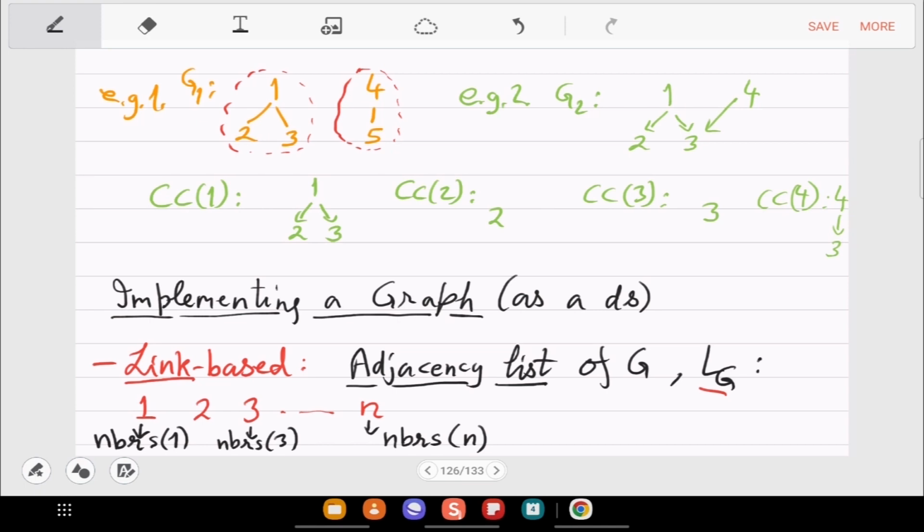So 1 will point to a list which is of size degree of v. So degree of 1 many. So degree of 1 in the orange graph is 2, and degree of 2 is 1, degree of 3 is 1, degree of 4 and 5 is 1 each. Okay, so that is the length of this list.